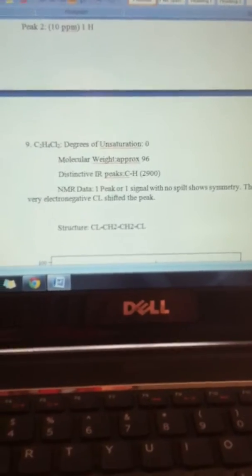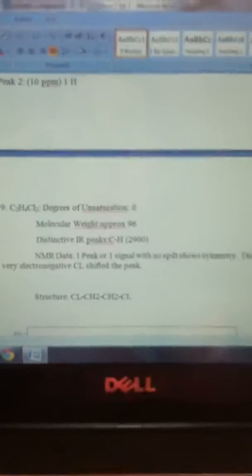And then the next question was the NMR data. So you had one signal with 2 carbons. So that tells me that there was some symmetry. So that's basically how I figured it out. So if we have, let's see,